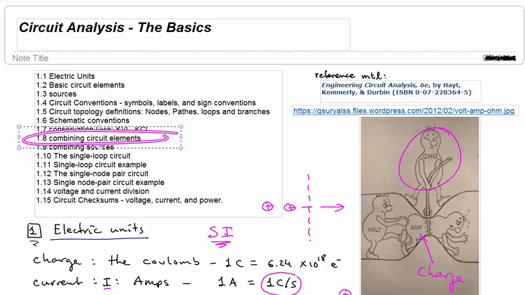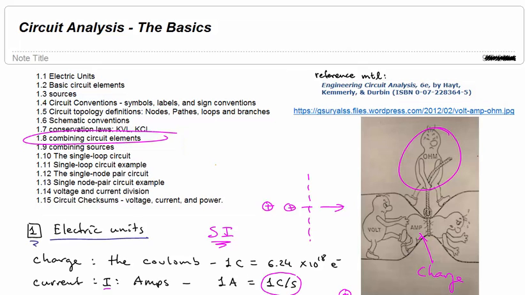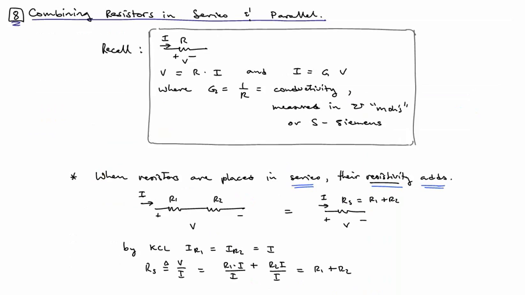We now want to look at combining circuit elements, primarily resistors at this point. We're going to combine resistors in series and parallel. So recall that for a resistor having a current I and a voltage V with this designated passive sign convention, we have Ohm's law, V equals R times I, or I is equal to G times V, where G is